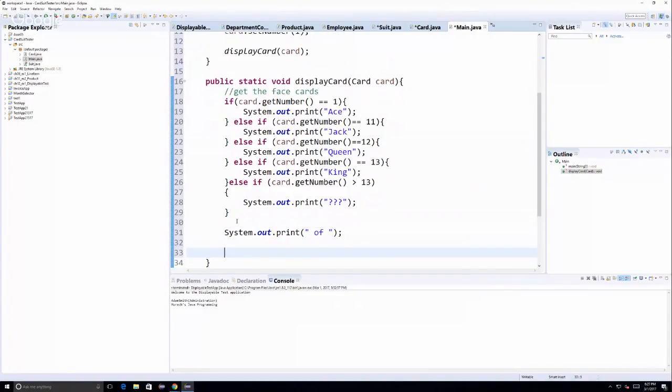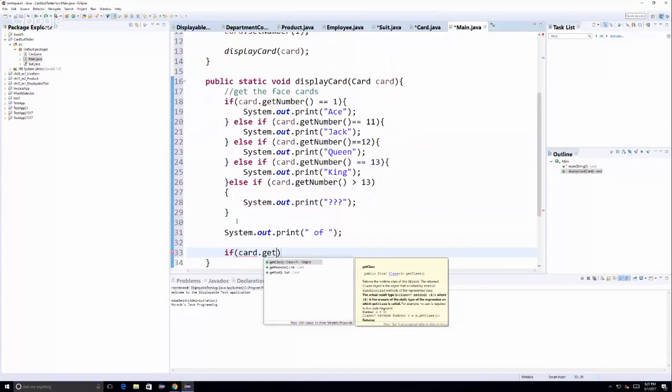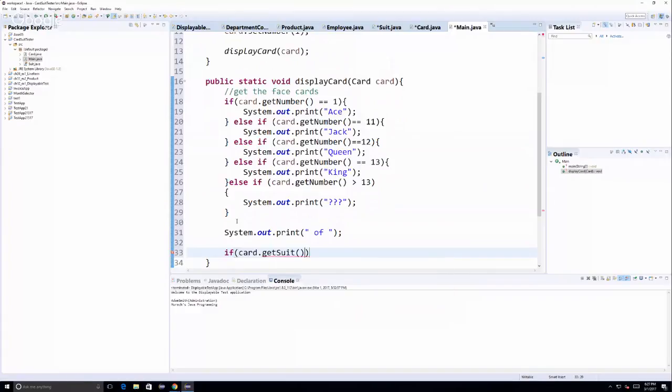And then the next if then else, excuse me, is going to be to display which suit of the card we have. So we're going to have if card.getSuit is equal to suit.spades